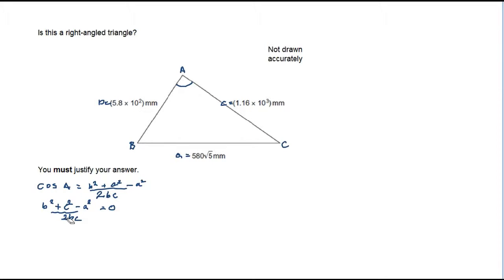Okay, so that would cancel. 0 times 2bc would just be 0. And I think you can probably see what's happening now. If I put the a squared over onto the other side and change the sign, I'll end up with a squared being equal to b squared plus c squared